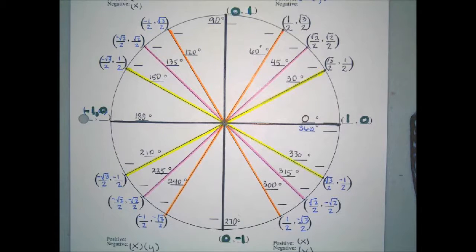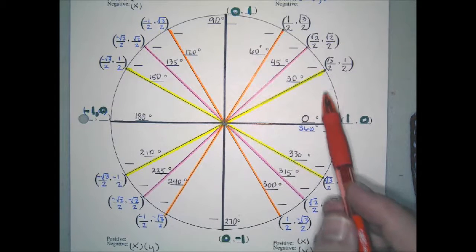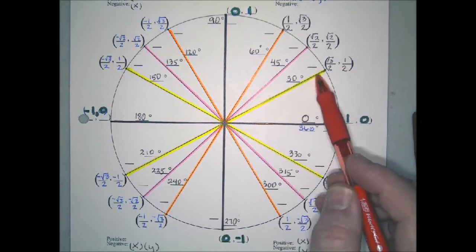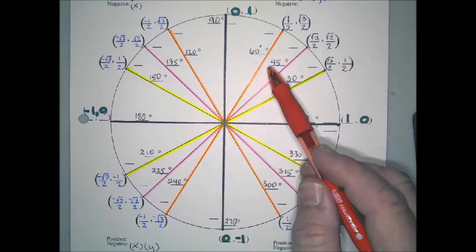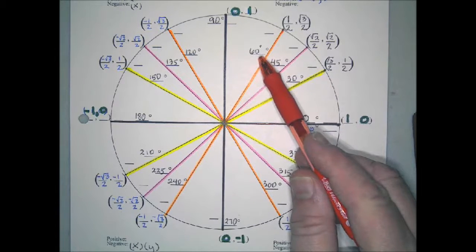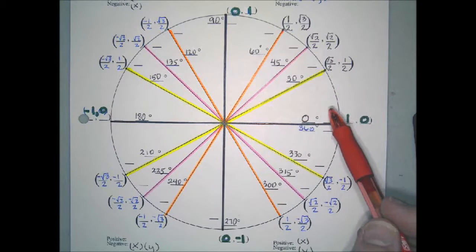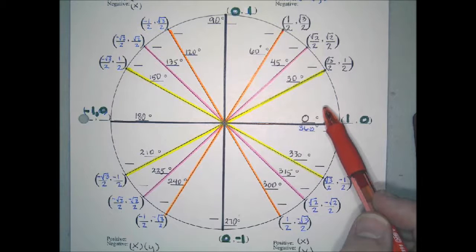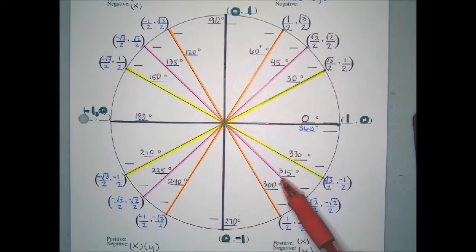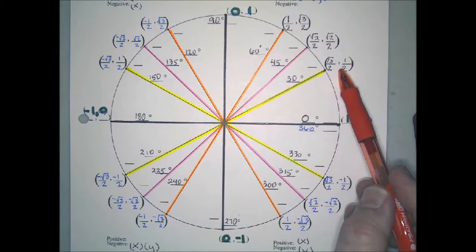I've started objective 3 with an update to my unit circle from the last time you saw it. The last time you saw it, we had completed the 30-degree reference angle in quadrant 1, the 45-degree reference angle, and the 60-degree reference angle in quadrant 1. And I told you back then that you really only need to know those three because the other three quadrants have the same reference angles. So they're going to end up using the same ordered pairs, except you're going to have to watch out for